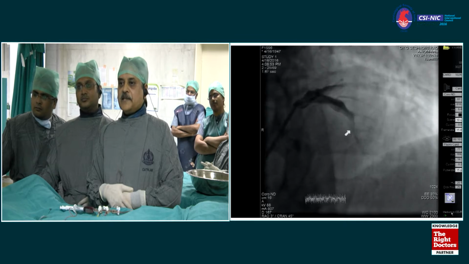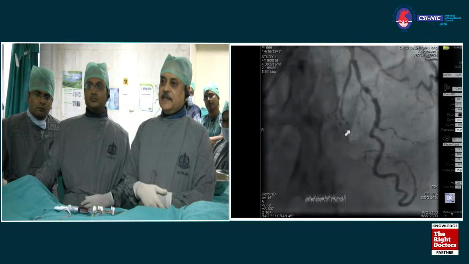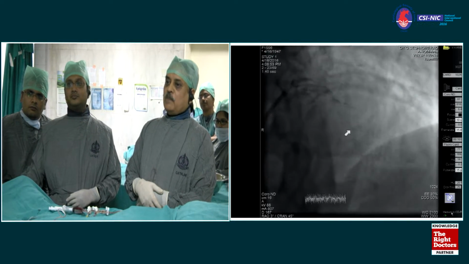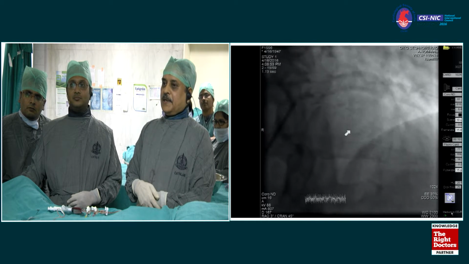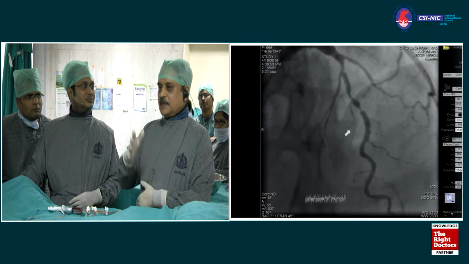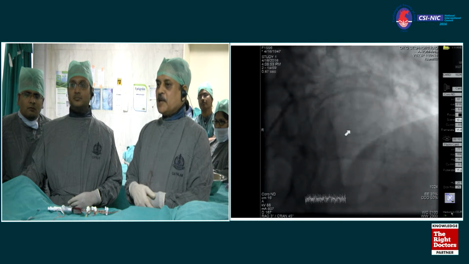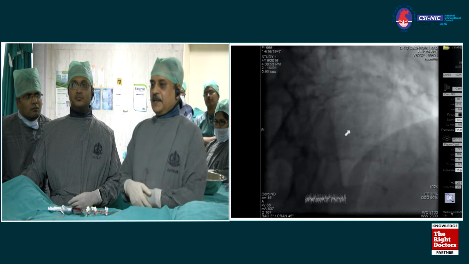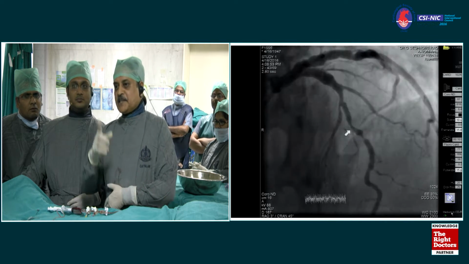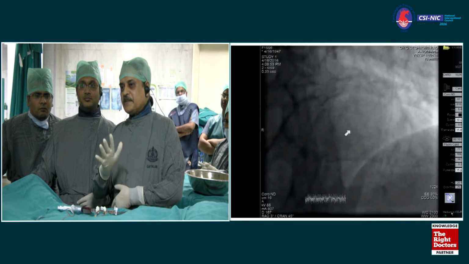What we are planning is to put a tapered stent, the Biomime Morph. This is a tapered stent. You're using it for the sake of using it, or do you have a special indication here? Here there is significant diameter difference between the proximal and distal segments. Yeah, proximally it is 3.5, distally it is around 2.75 to 3, not more than that.